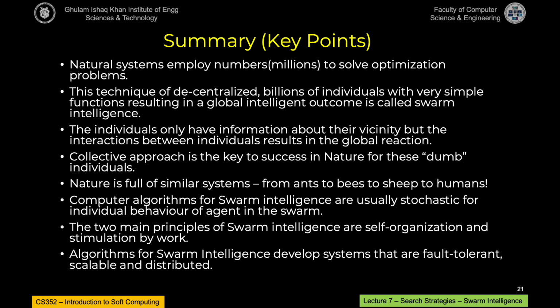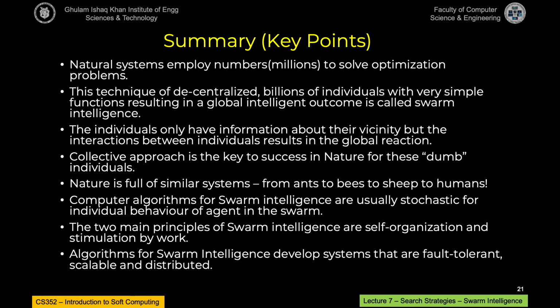For example, in the case of ants, it can be up to millions or even a billion. This technique of decentralized, huge numbers of individuals taking part, where each individual has very simple functions, but the overall outcome is a global intelligent one,